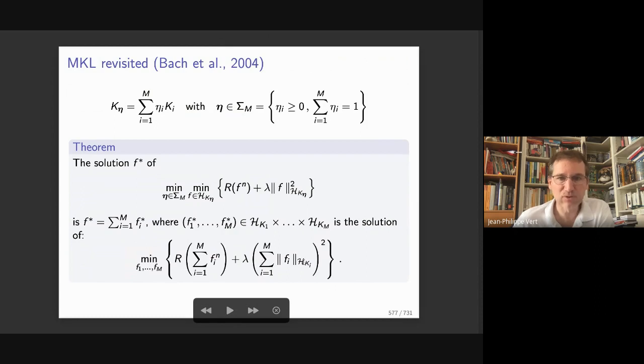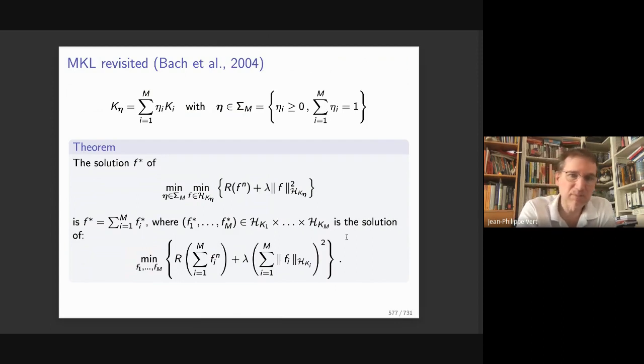You first do the sum without the square, and then you square the sum. This is the only difference between training with the sum kernel and training MKL. So it's a bit surprising. I mean, if it's the first time you see it, it sounds a bit surprising, because in the sum kernel, the direct